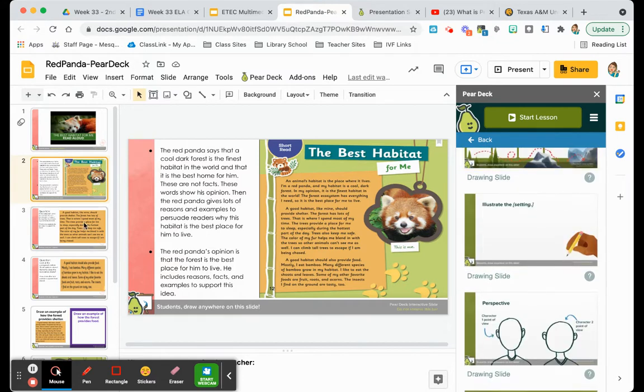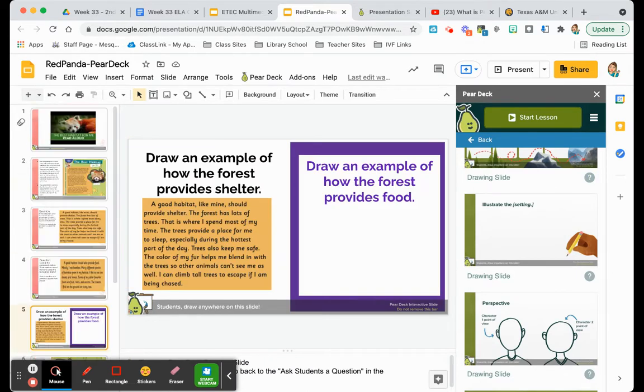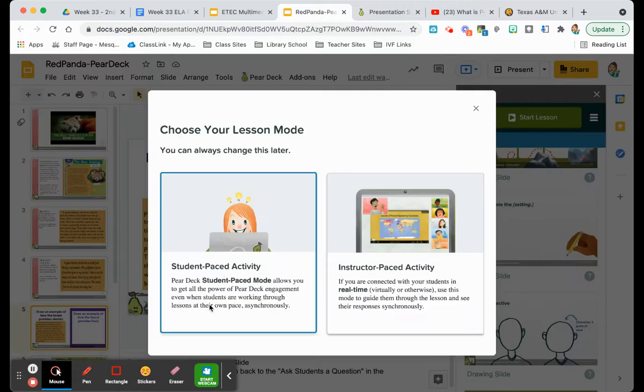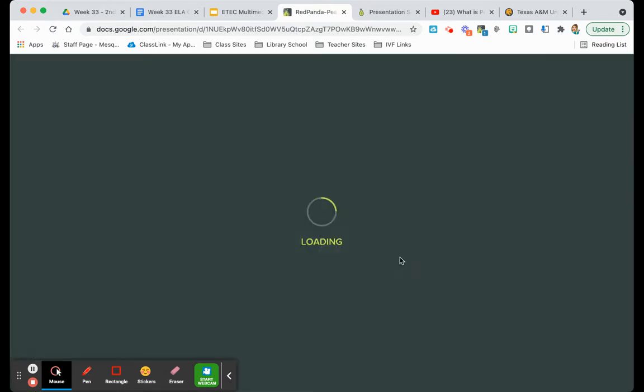Once you've built your Pear Deck slides, then you would just click Start Lesson. And what it's going to do is open up a box that prompts you if you would like to do student paced or instructor paced. So if I'm doing this as a full lesson, I would normally start it as instructor paced because you do have another option later to switch it over to student paced mode. So when it's on instructor paced mode, they can only go to the slide that you are on. So if I'm on the very first slide,